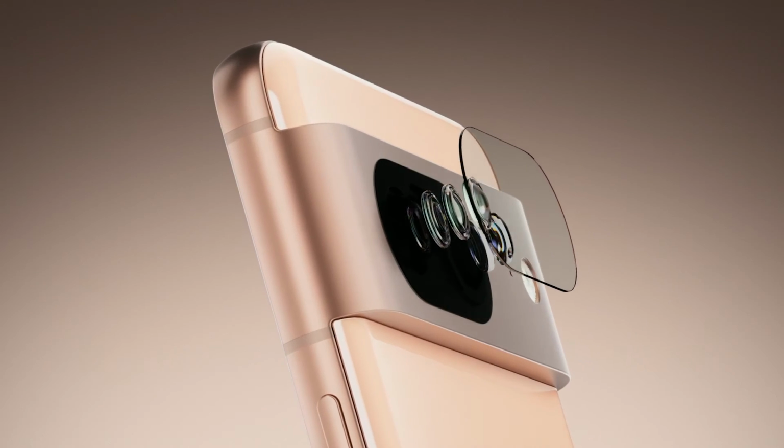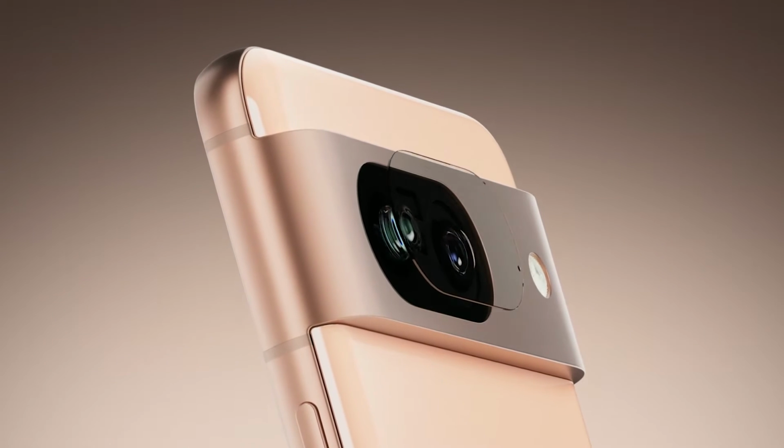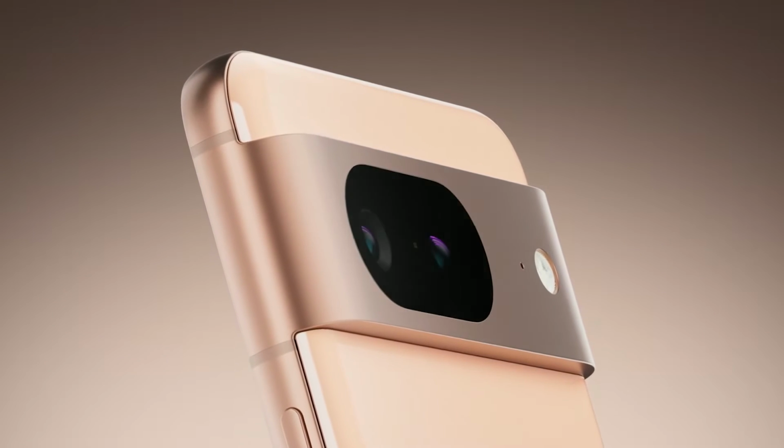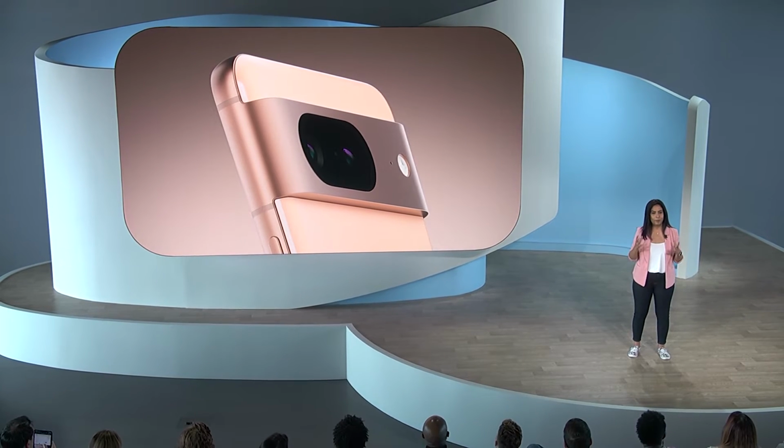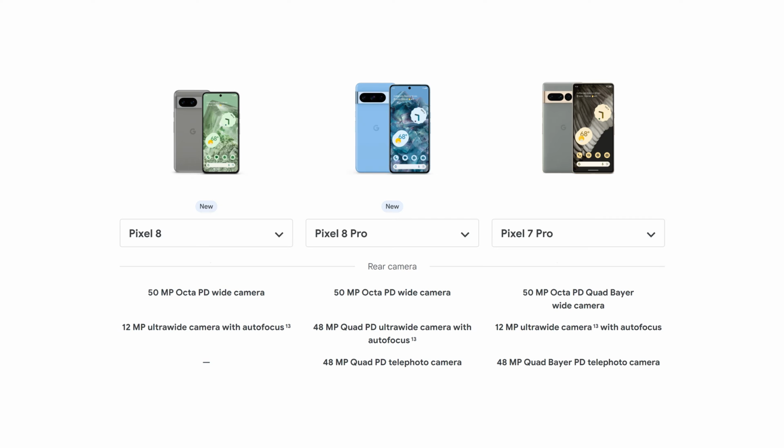Let's move on to the cameras, which is where the Pixel 8 lags the most behind the 8 Pro, but also the Pixel 7 Pro is really enticing as an affordable alternative to both. The Pixel 8 has a 50 megapixel main camera and a 12 megapixel 0.5x ultra-wide. The Pixel 7 Pro from last year has two cameras with the same specs I just listed, plus an additional